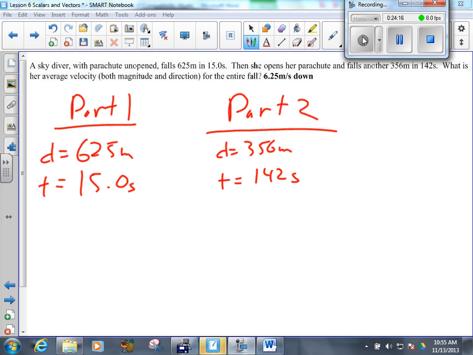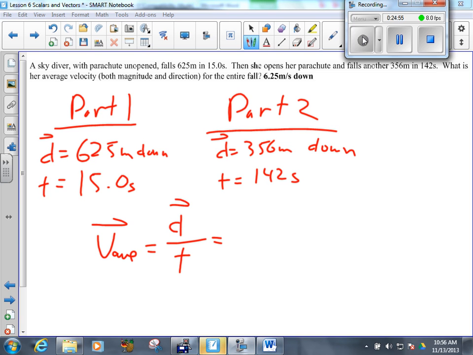I want the average, well, it should say speed, not velocity. The average speed, well, we can do velocity here because what direction is this person moving? Down. So we can say that. So velocity, magnitude and direction, for the entire fall. Average velocity is total displacement over total time. Well, the total displacement is 625 meters down plus 356 meters down, which should be 900 and